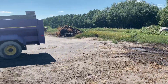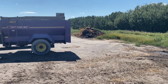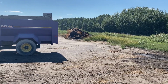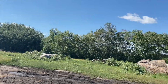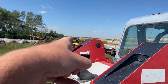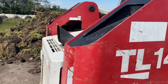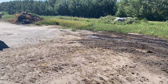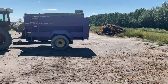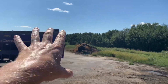So if you calculate, if sheets work for you, then that's great. But we've just never had any good luck with them. Between the critters and then winds like this, because we don't have great shelter. This is predominantly where the worst winds come from. Case in point. If we had shelter all the way around, we probably would have better luck with the sheets, but we don't. Even trying putting the pit further down there,